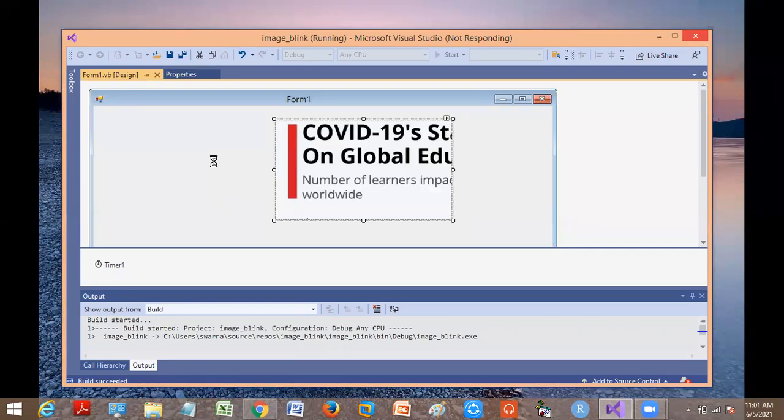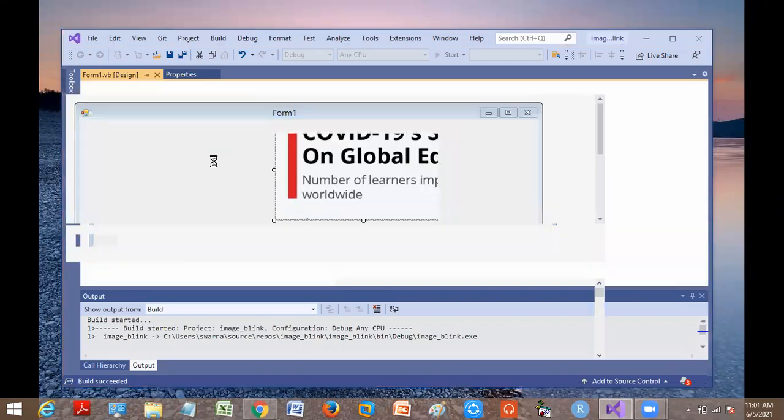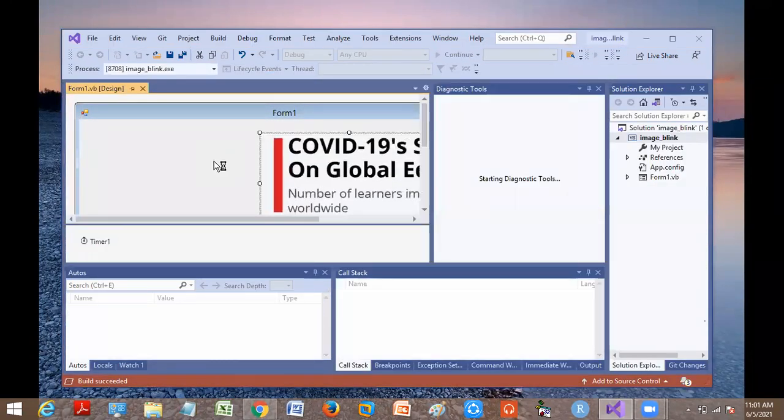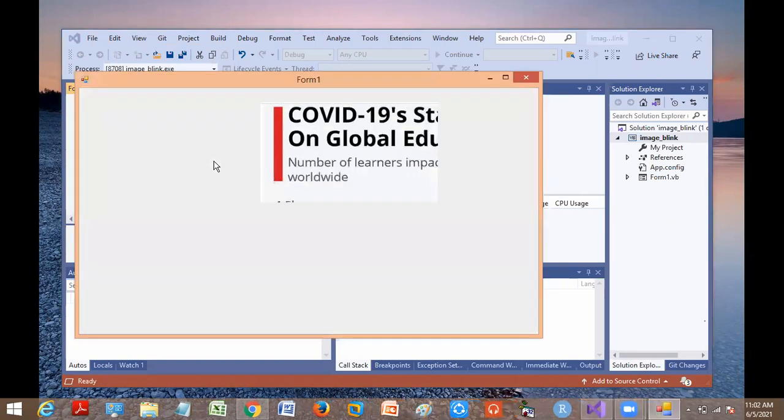Yes, it is running. So once I run the program with the picture box visible equals true, can you see the picture box over here? Yes, ma'am.